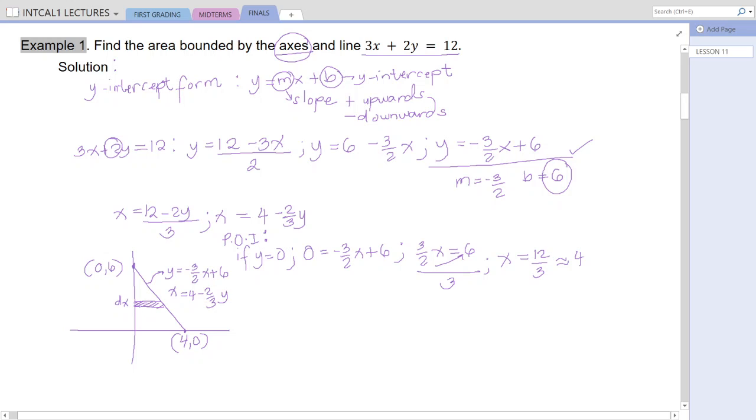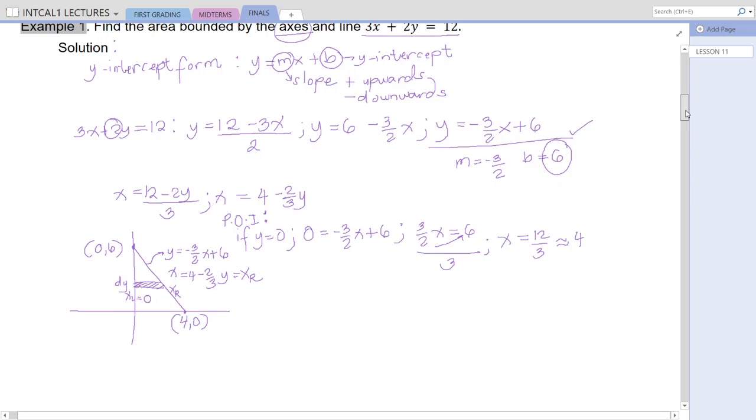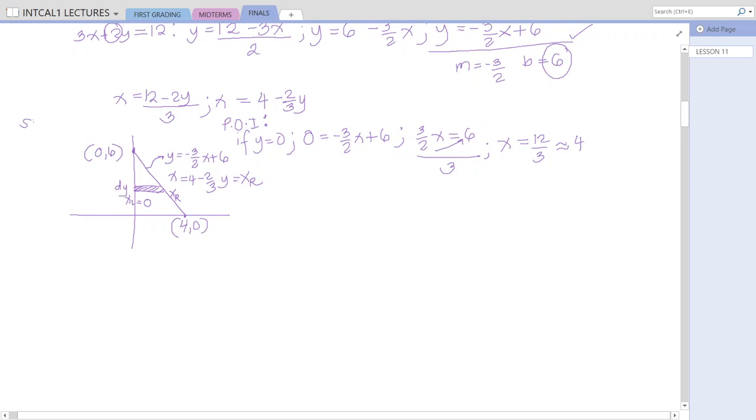So the thickness for this one is dy, that is in the y-axis, the vertical distance for that one. And then x right there is this one, so x right is also equal to this one. And for the x left, that is automatically equal to 0 because it lies on the y-axis. So having that, using horizontal strip, for our solution 1 using horizontal strip,